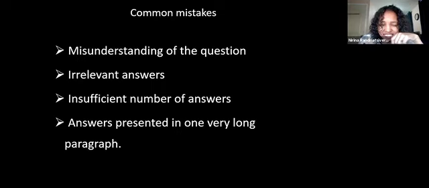So just a suggestion, it's not a requirement. There is no clear rule that says answers must not be in a very long paragraph, but just to help the examiners check your paper, try to present it in a nice way, in an easy way to mark. So what you can do is try to separate it in several short paragraphs. You can also use some bullets with some elaboration. We will see some examples later on.